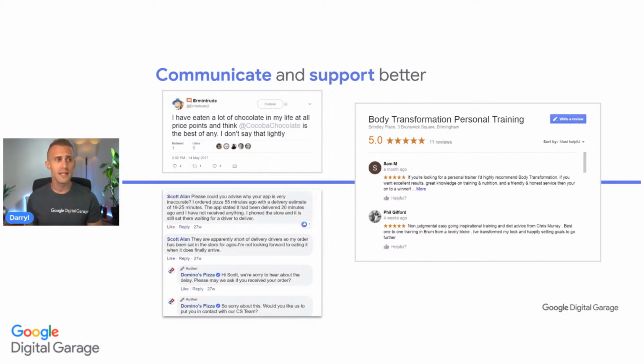There is something I'd like to highlight that not a lot of us do, but I see it quite a bit. On the screen right now, there is a message from Scott Allen towards Domino's Pizza. Essentially, all Scott Allen has done is ask a particular question on a public forum, which is probably social media, but Domino's Pizza, no matter how big or how small the company is, took the opportunity to reply to that person publicly. And that is a great way to start connecting with your audiences and connecting with your customers,